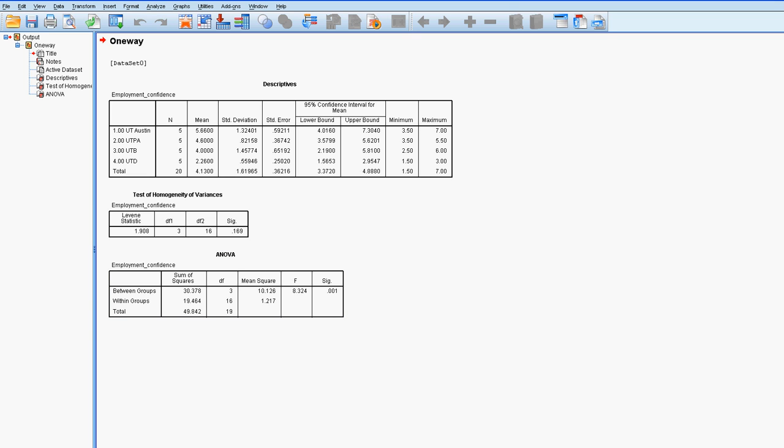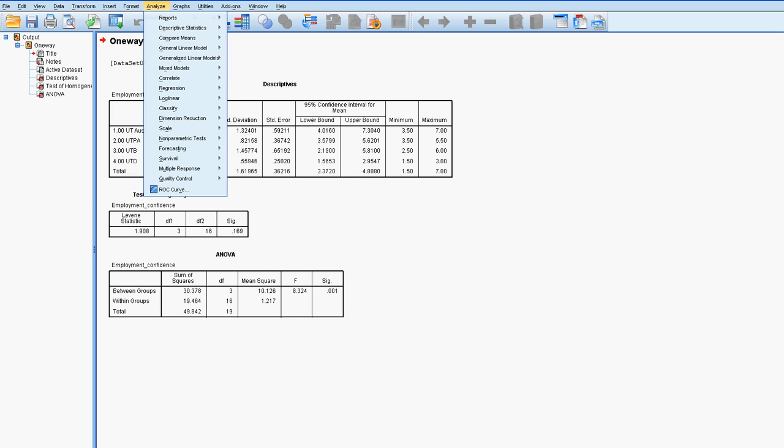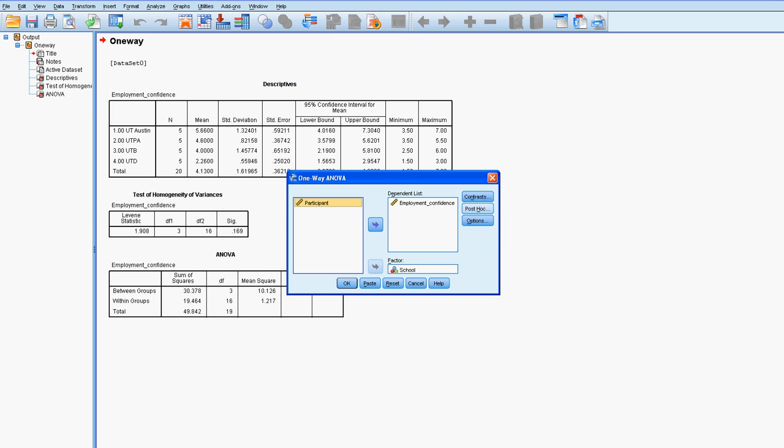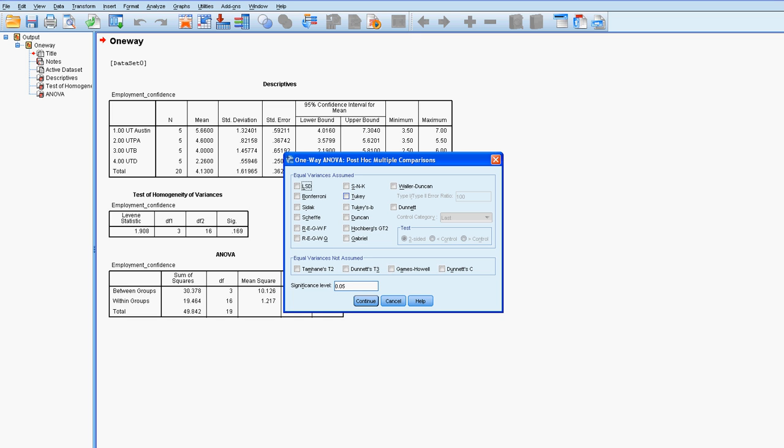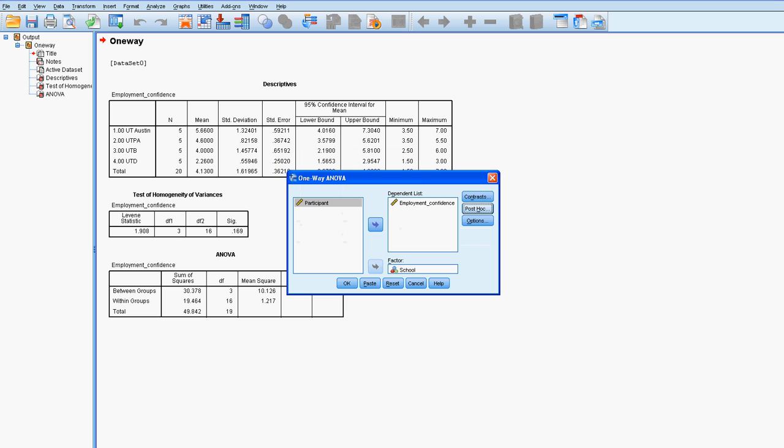Looking at the ANOVA table, we can see that in fact we have detected a significant difference between the conditions in employment confidence. So we'll want to go ahead and conduct a follow-up test to see where those differences are. So we will go to Analyze, Compare Means, One-way ANOVA, and under Post Hoc Tests, we'll select the Tukey test to see where those differences are. Click Continue,